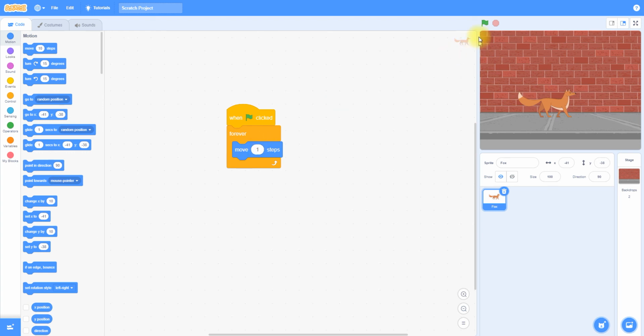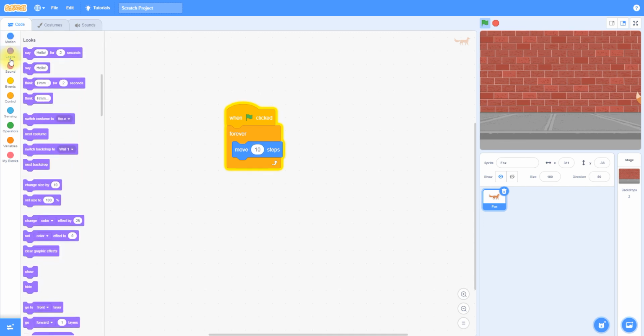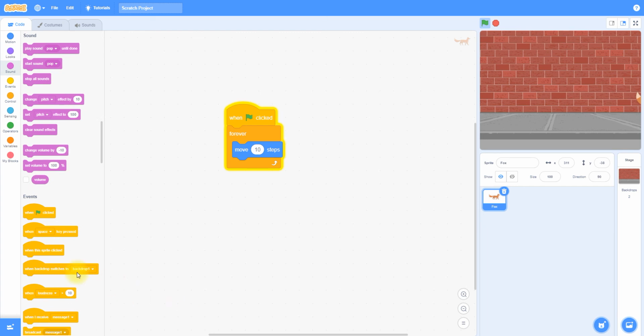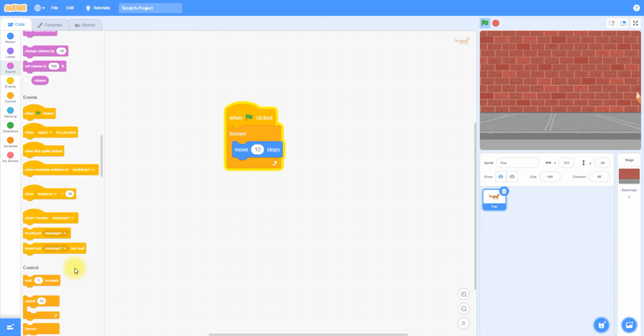Click on enter. Here you can see it will move slowly. To prevent that, you can give this 10 steps and then go for wait for one second.